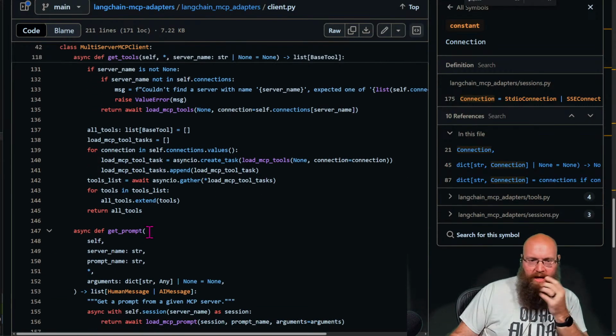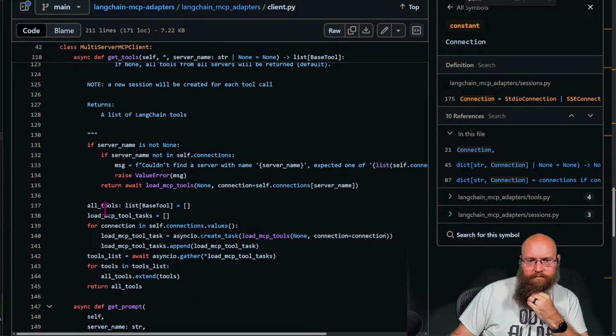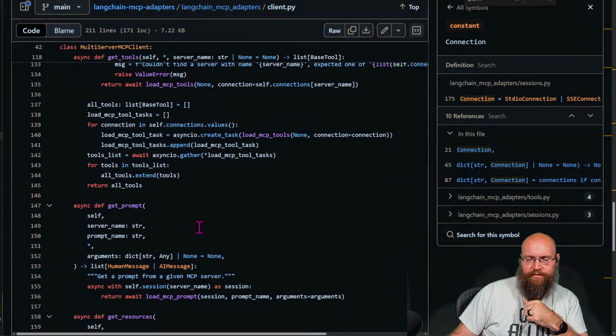Somewhere in here, it has to be able to define what this is. So let's see. Self-connection value.